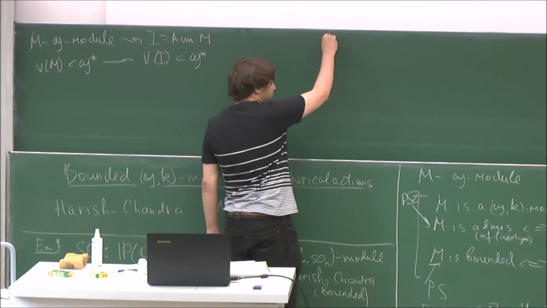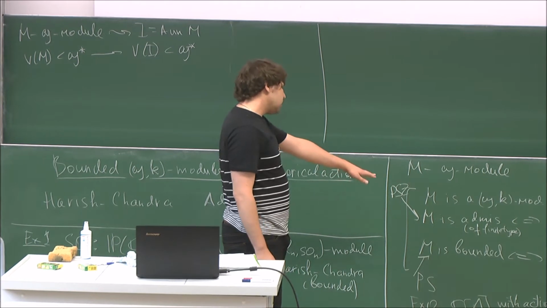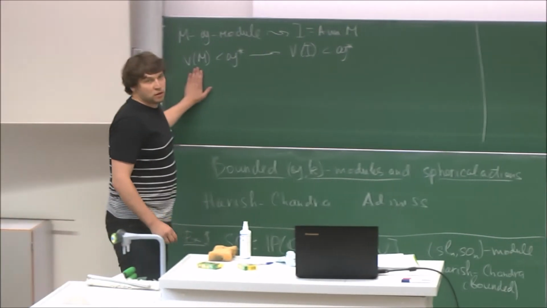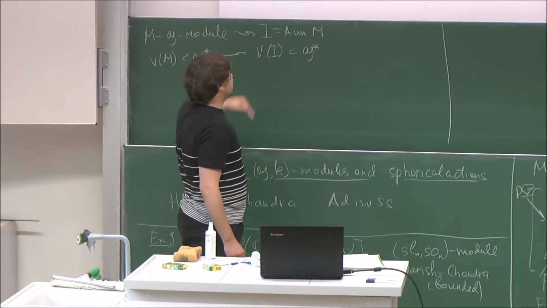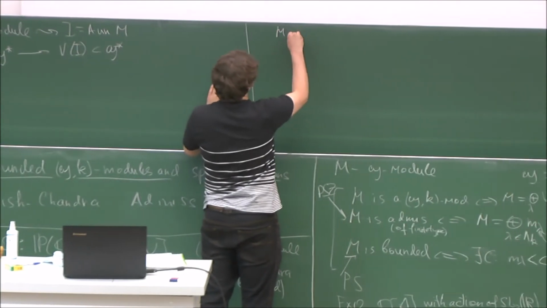And now I try to translate this notion of GK model, of admissible model, and of bounded model to the language of these varieties, and this was the variety of the ideal I. Namely,